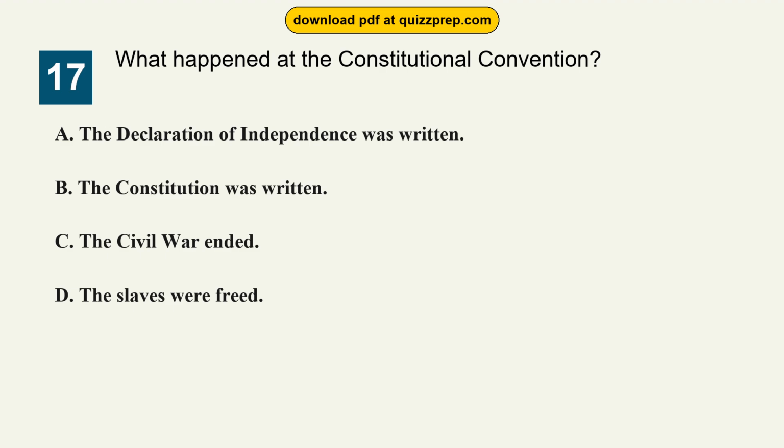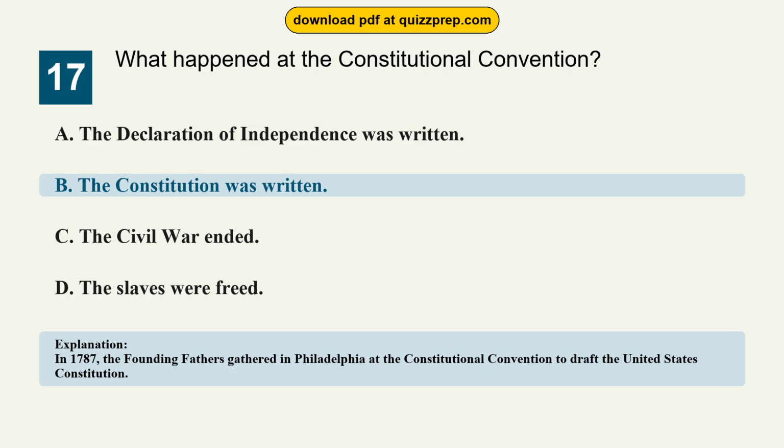Question 17. What happened at the Constitutional Convention? Option A. The Declaration of Independence was written. Option B. The Constitution was written. Option C. The Civil War ended. Option D. The slaves were freed. The correct answer is option B. The Constitution was written. In 1787, the Founding Fathers gathered in Philadelphia at the Constitutional Convention to draft the United